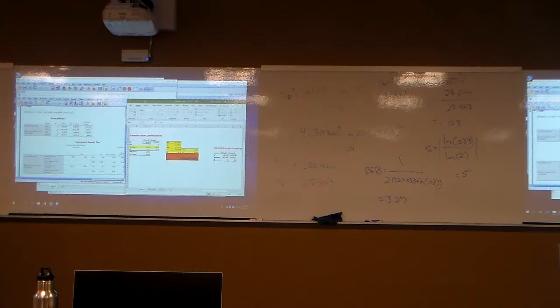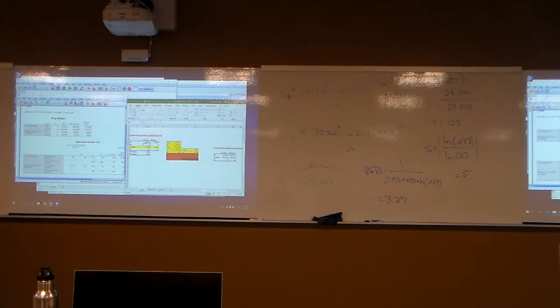So for the Marlowe-Crowne, group 1 has a mean of 18.6, and sample 2, 18.857,